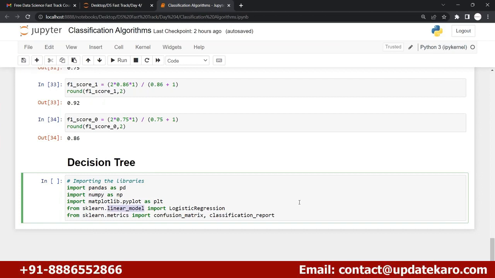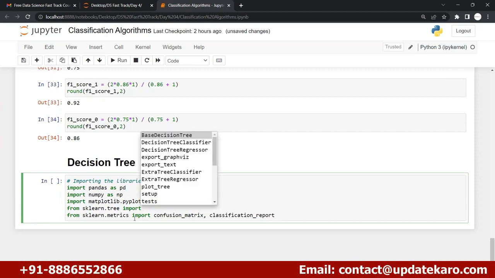We just want to change this. We can go with the tree method, and in the tree method you will find, let me remove this and just use tab,